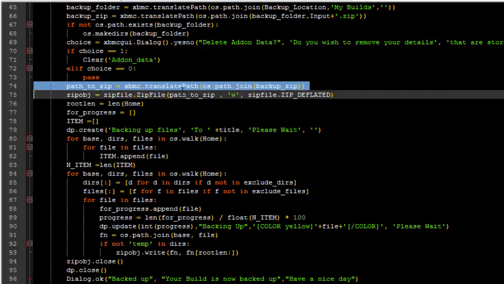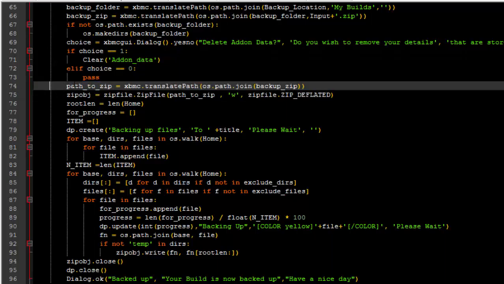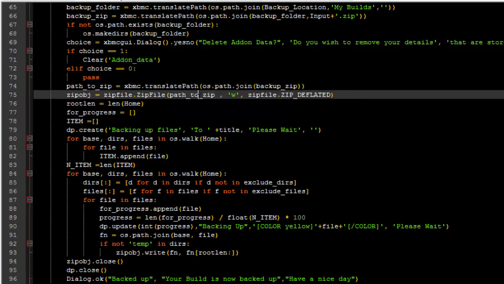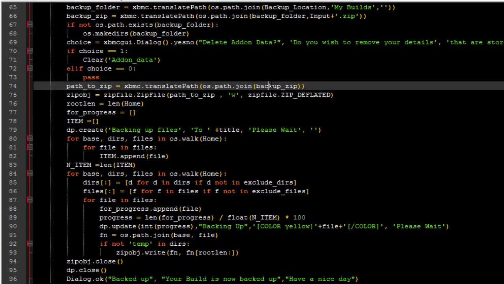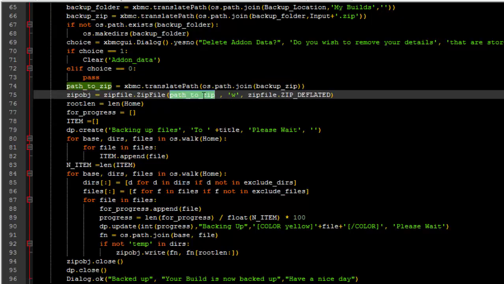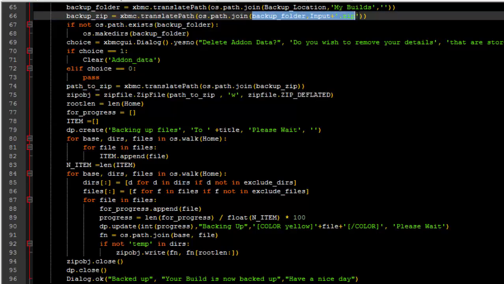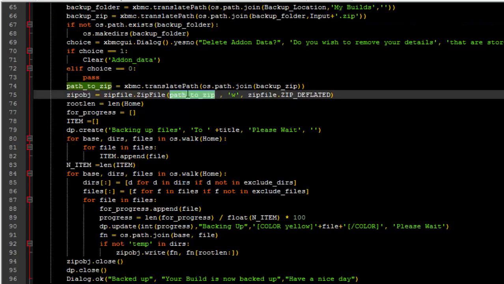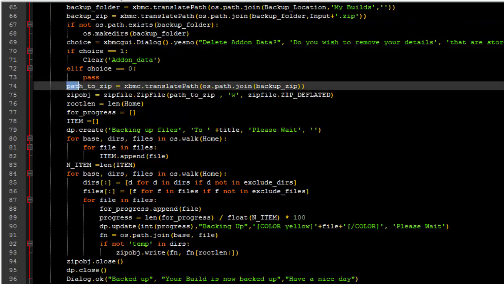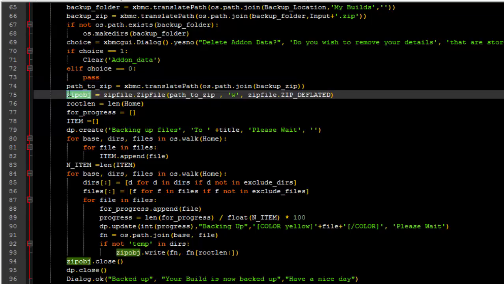Path to zip. And this I had to put in. This is what caused me a bit of trouble, because I was just trying to zip the backup zip path, which is that lot. I was trying to zip to there and it wouldn't work, and then I put this bit in and it did, so happy days. So you're defining a zip object there, a zipfile which we've imported at the top, .ZipFile, so that'll be that lot of code,